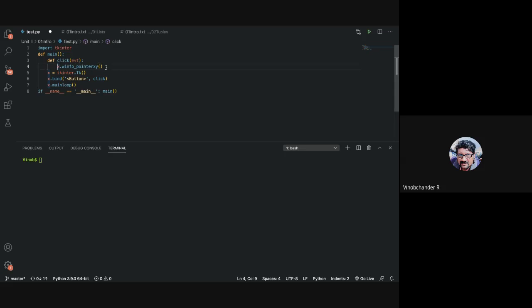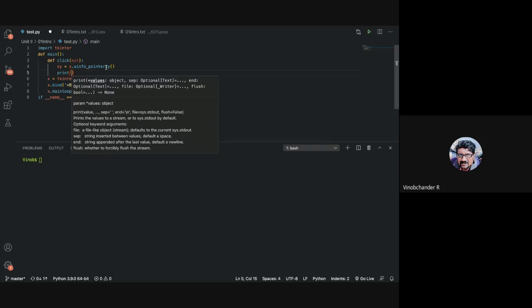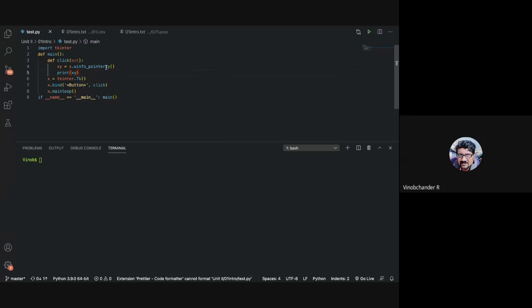Let us call it xy, and let us print xy. That should give us our pointer location.